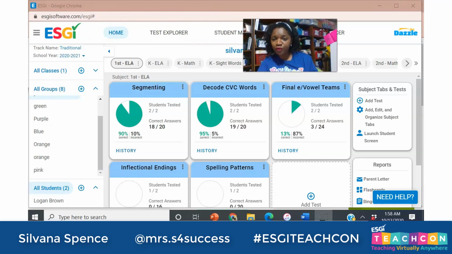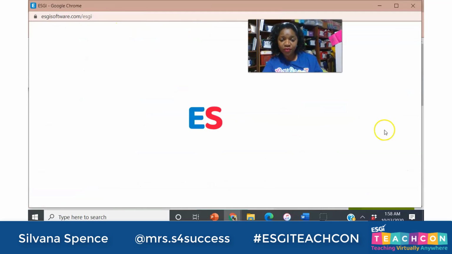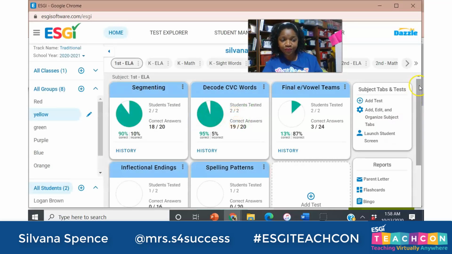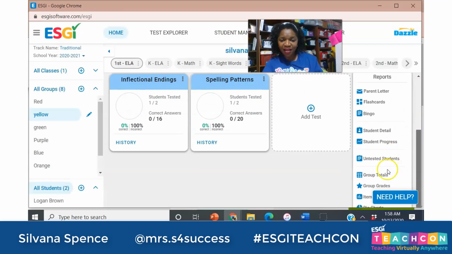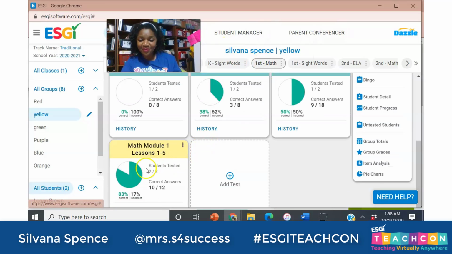So I'm going to move over here and show you one of the assessments that I have done with my class, that I was able to add. And here it is. If I want to edit,